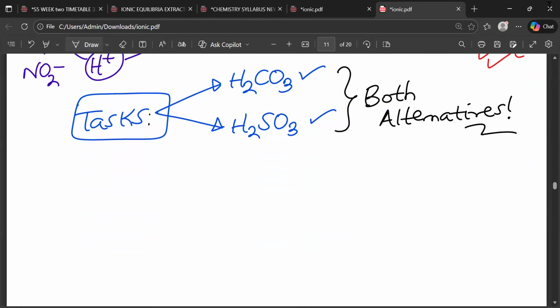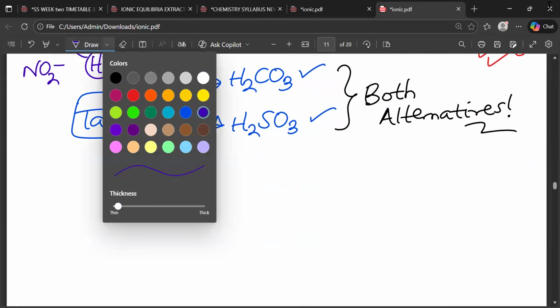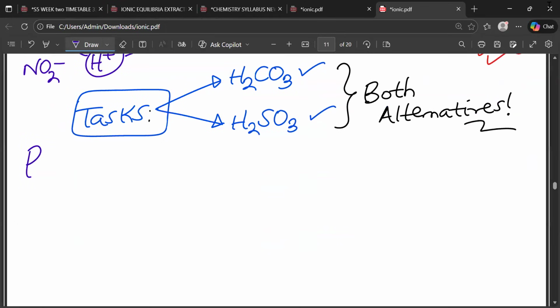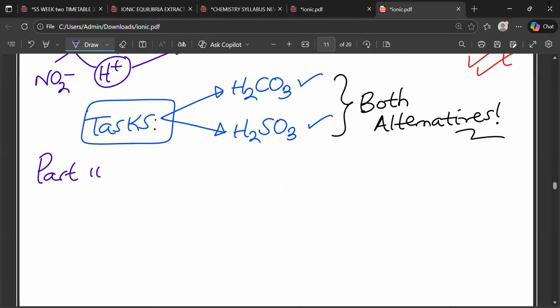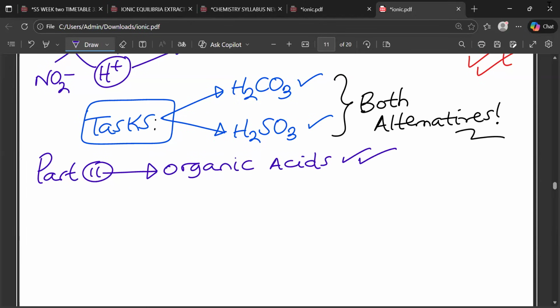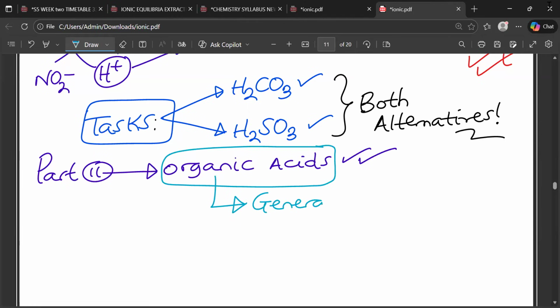Now, I want to talk about part 2 for the organic acids. Those have been the inorganic ones. Because those ones also disturb people. And I told you it is these ones they examine, so you have to listen carefully. If you recall our table where we were naming them from, you realize that their general structure,